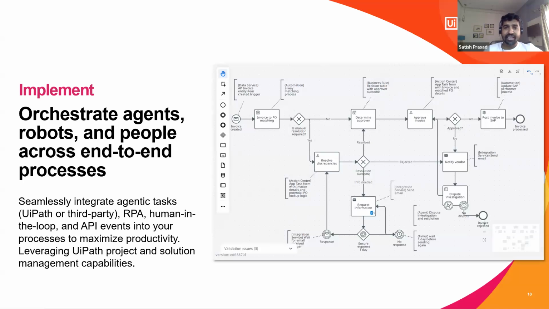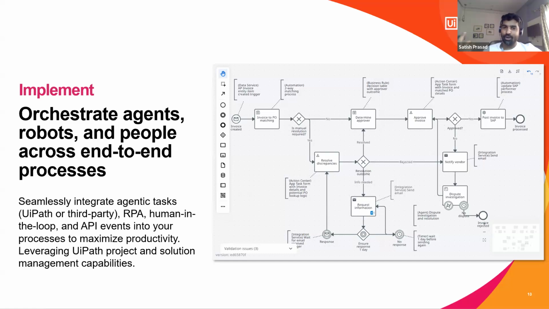We briefly touched on the fact that this seamlessly integrates UiPath and third-party agentic tasks as well. Note it down. Not only UiPath-based agents, but agents which are created on a standard framework like LangChain will be supported by UiPath, and you can bring those agents in an implementation phase to the agentic orchestration.